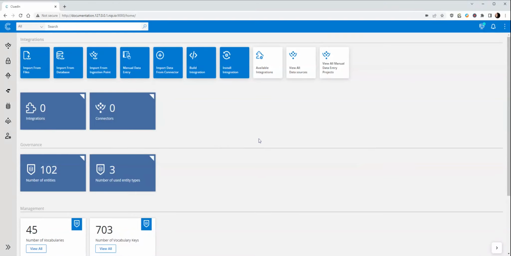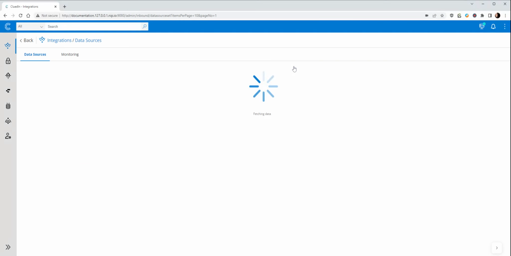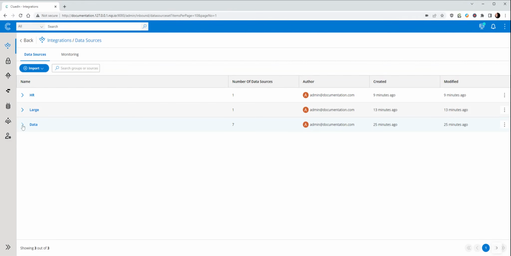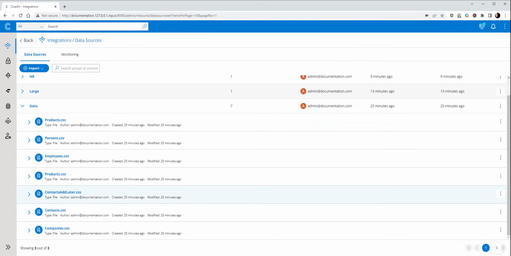In this demonstration, we'll show how you can map files into the system, and as you bring on more files that have the same structure, you can just reuse those existing mappings. If I head over to my data sources, under my data folder, I've got two particular files here, contacts.csv and